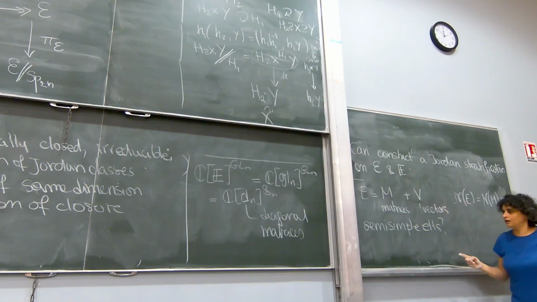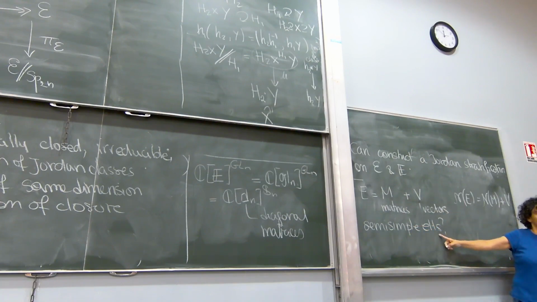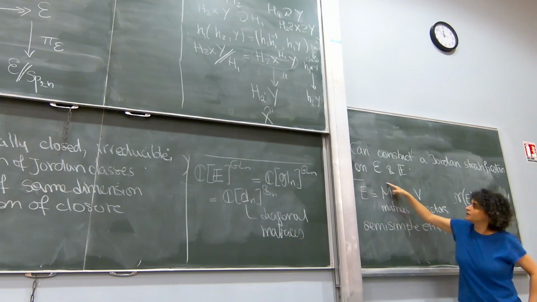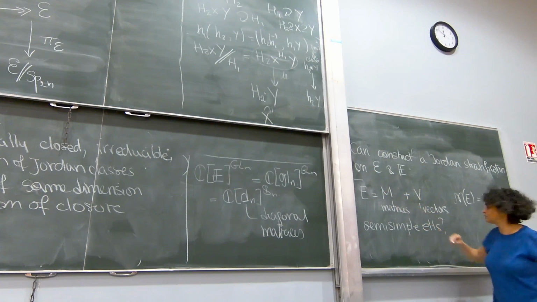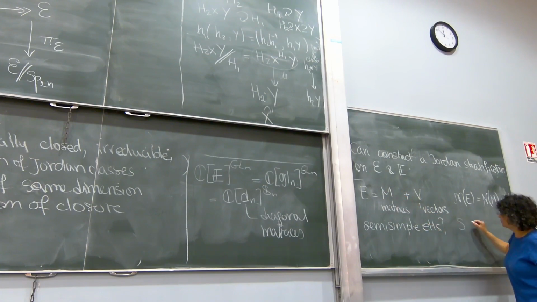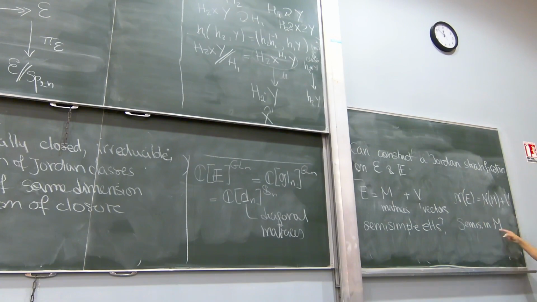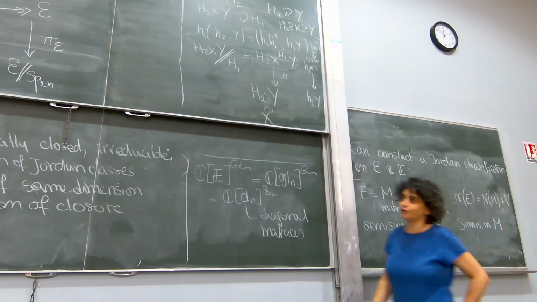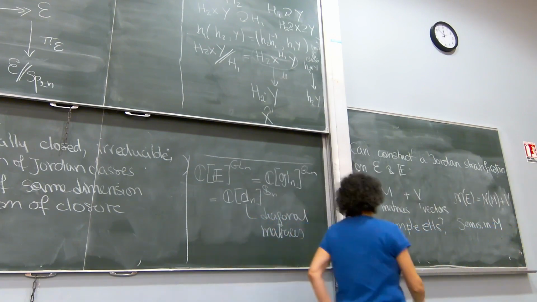Well, these are the elements corresponding to closed orbits. So you simply take the semi-simple elements inside the matrix part, the elements semi-simple in M. And this is really easy to see because they are described in terms of matrices. So you know what a semi-simple matrix is. So we know what these elements are. And for this reason, any element